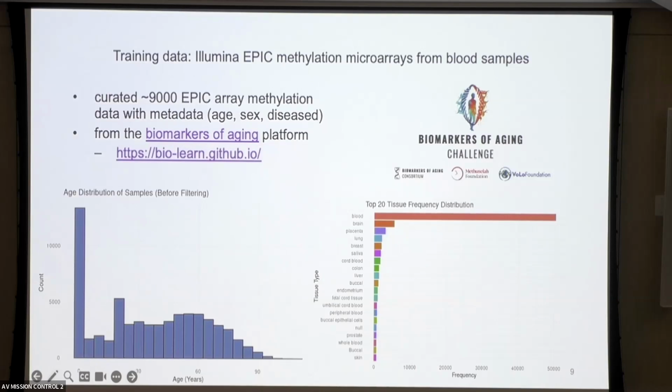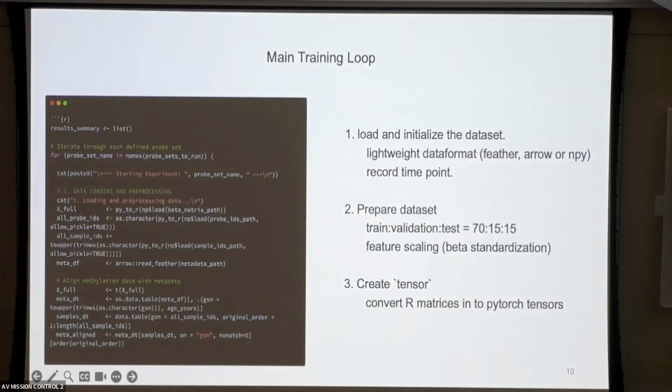And most of the tissue frequency comes from blood because blood is just very easy to get. So if you feed all of this data, I'll explain a little bit about the training loop. First, you have to load and initialize the data set. I realized that you do need to have a relatively lightweight format like Feather, Arrow or NPY. And I'm trying to record the time point to see if there's any better things I can do to optimize